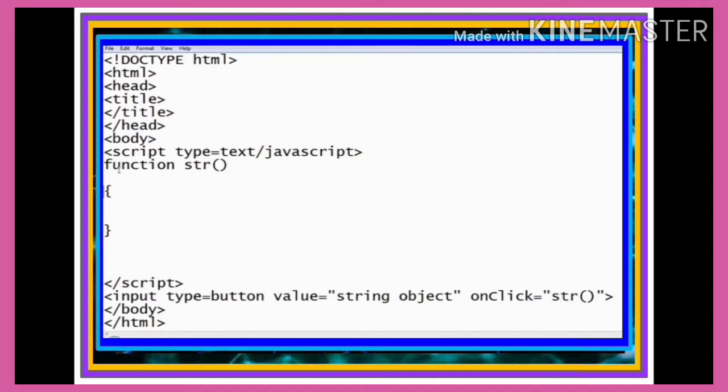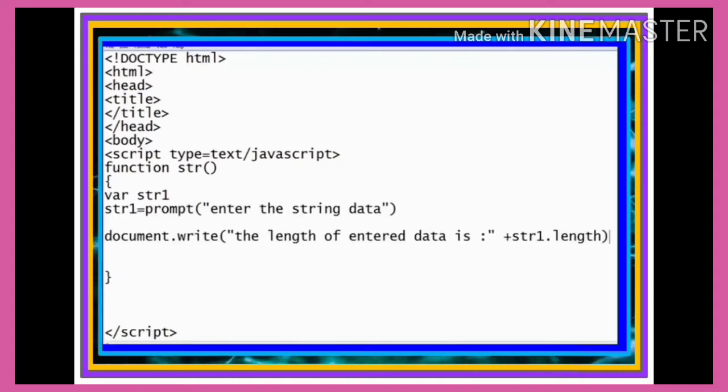Create one button by using input type equal to button, value equal to string object, which is the caption of that button. Use the onclick event and call the function str. Then in the function write var str1, str1 equal to prompt, "enter the string data". In the next line write document.write, "the length of entered data is" in double quotes, use the concatenate operator plus, and write str1.length,